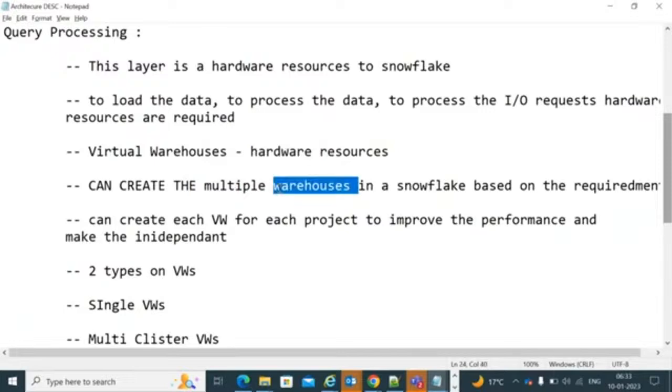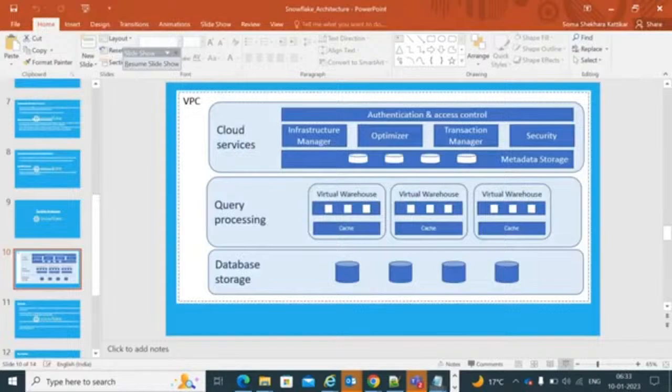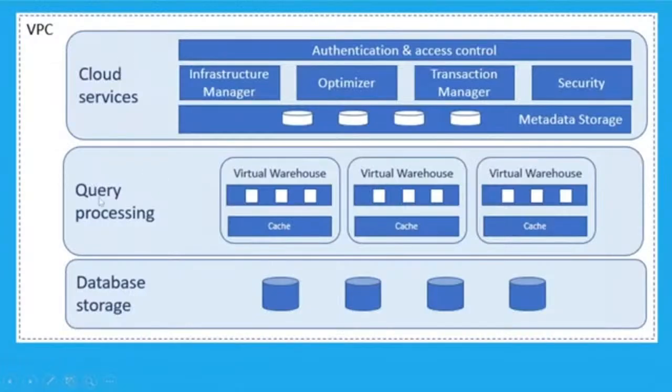See here, till here you are clear? I will tell you. This query processing layer is a virtual warehouse, which is a compute layer, and these are hardware resources for your Snowflake. It will be required to process all your requests in your Snowflake. The requests are either you submitting your workloads or queries,